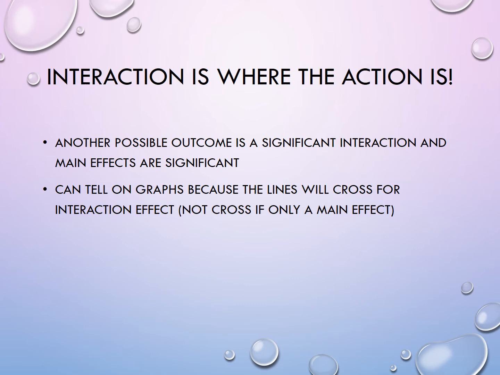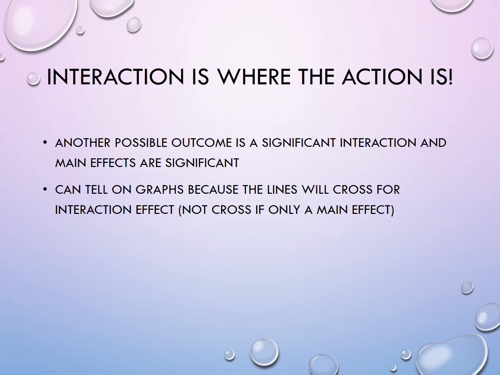Another possible outcome is you have a significant interaction and the main effects are also significant. So again, you have 3 F tests. So it's possible the interaction is significant and either one or both of your main effects are also significant. Sometimes you get a bonanza, everything is significant. It's a bonanza for outcome and for happiness, but it's a lot of work for the next step if those